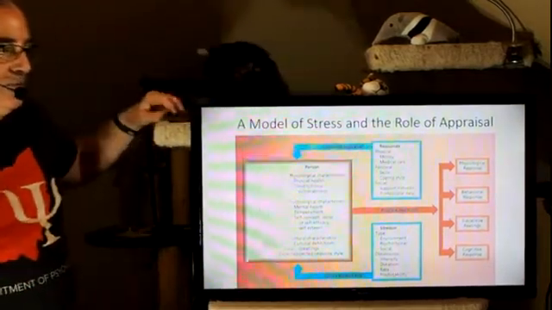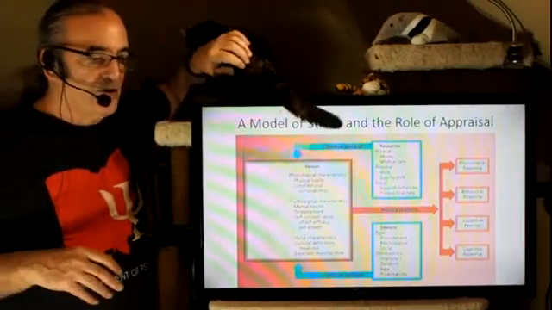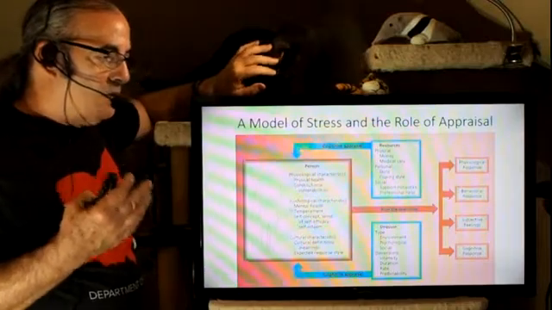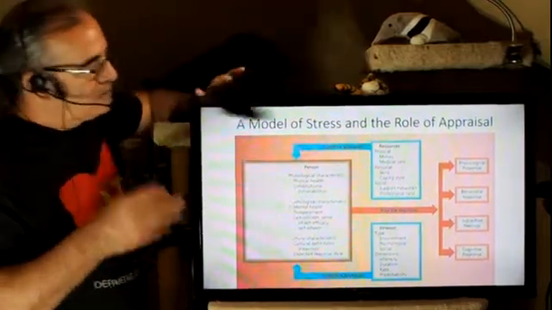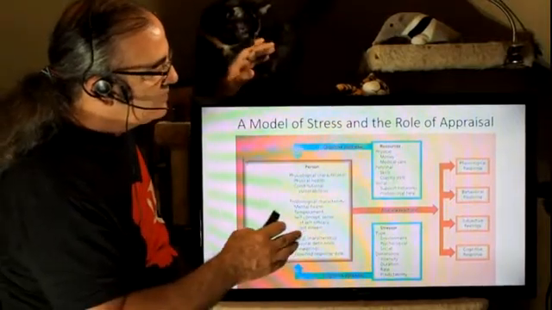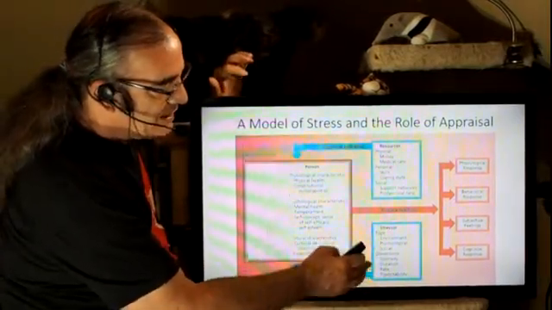I'm not going to belabor this. If you want to do more with this, we talk about it quite a bit in psychology of adjustment. But basically, there's four components to the process, and I know this looks like, oh my God, it's so confusing. Let's not be confused by it. Here is the deal. We have a stressor, and one of the things that we need to assess is the